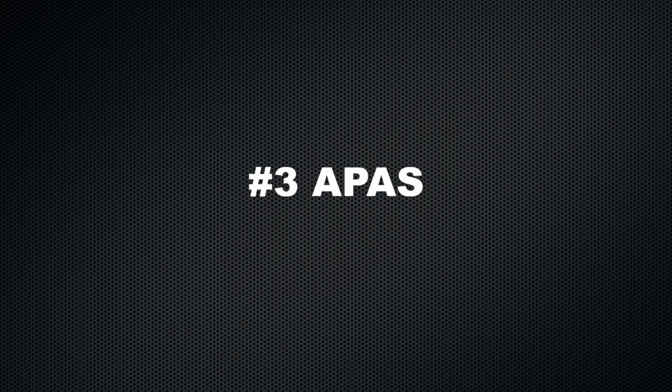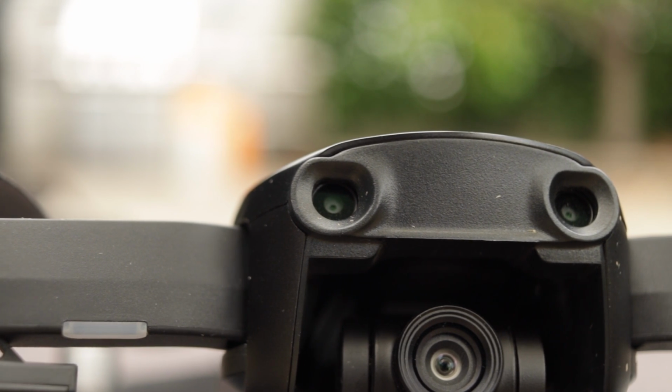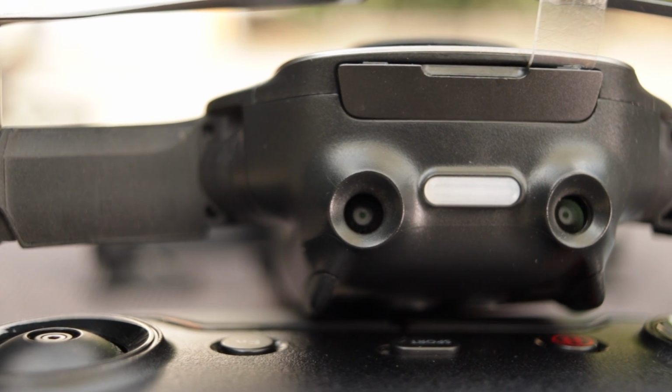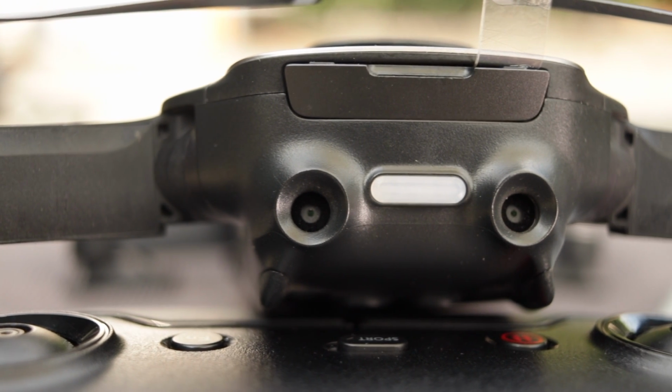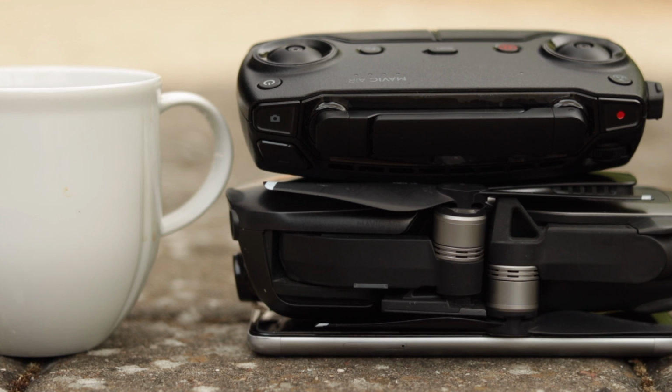description below. With APAS and general obstacle avoidance, DJI is light years ahead of competition. These are features that you would really appreciate when you start using your drone. Especially if you're new to the hobby, you would benefit a lot from having this obstacle avoidance system enabled. And with APAS, you can actually dodge obstacles. So if you're flying towards a tree or something, it will actually go around the tree when APAS is enabled. So that's pretty smart. One of the things that I really like with the Mavic Air is how small and